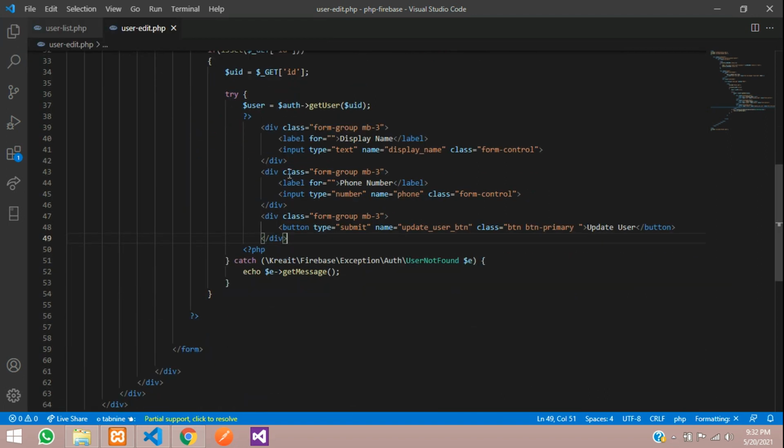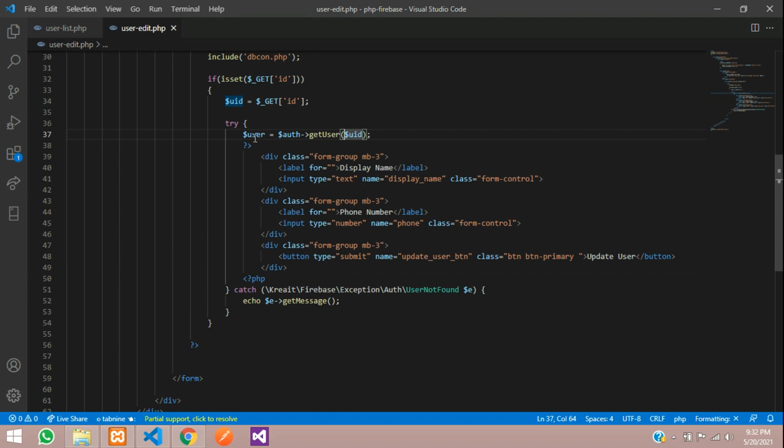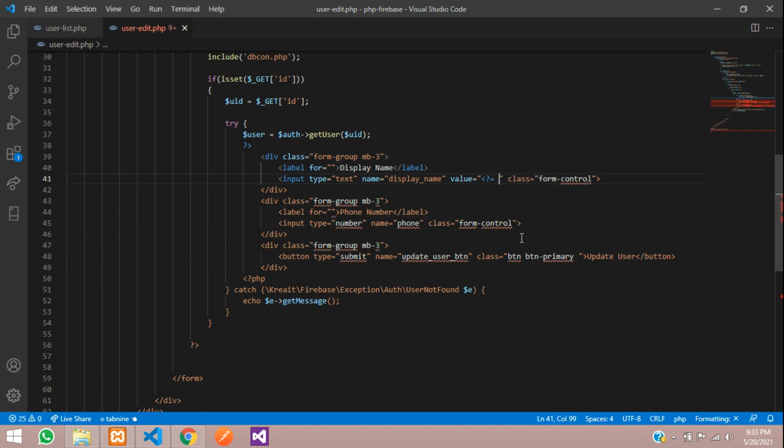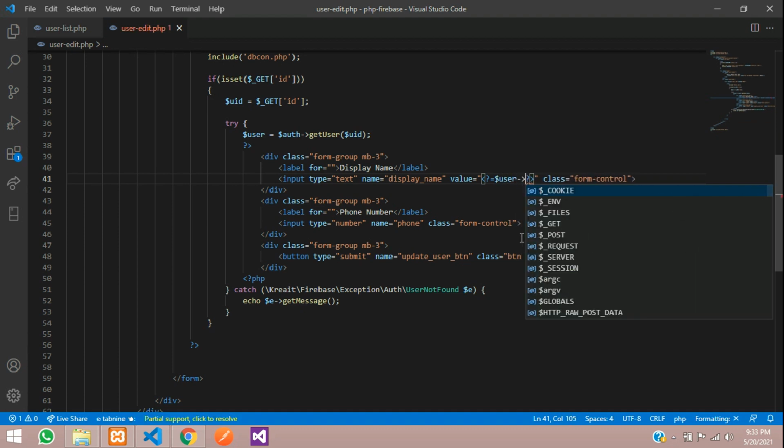Now once you are successful, you are getting the ID. Let's send the data into your input field. Let's give value is equal to open PHP. We'll use the shortcut method to echo that. $user of display name.